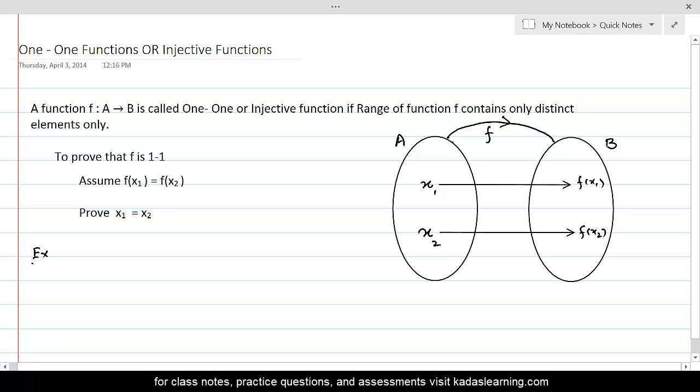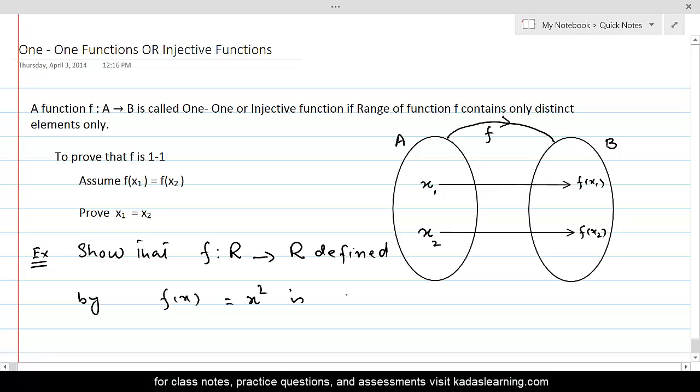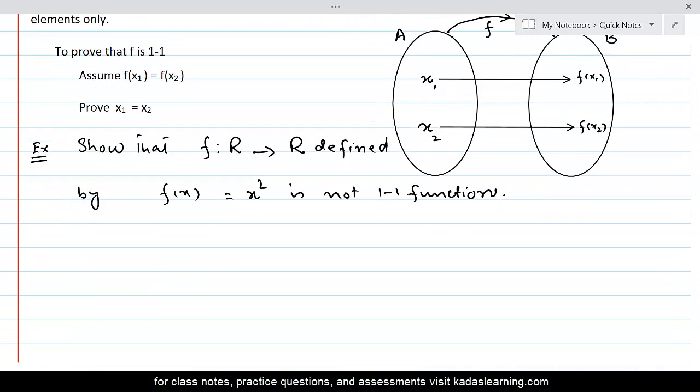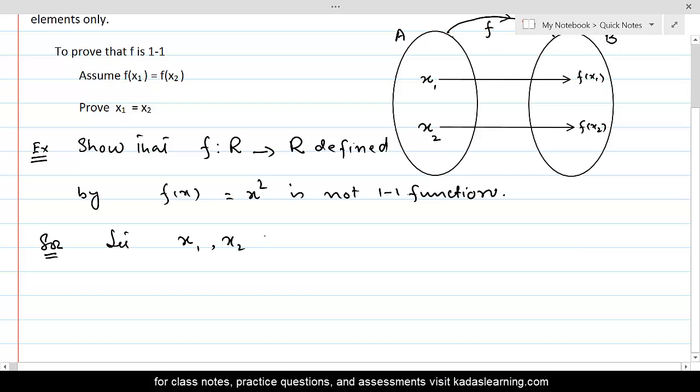The example here is: show that f from R to R defined by f of x equal to x square is not one-one. If we are required to prove that this function is not one-one, let's take the images of two distinct elements of the domain as same. So for this, let x1 and x2 belong to R, the domain set, such that